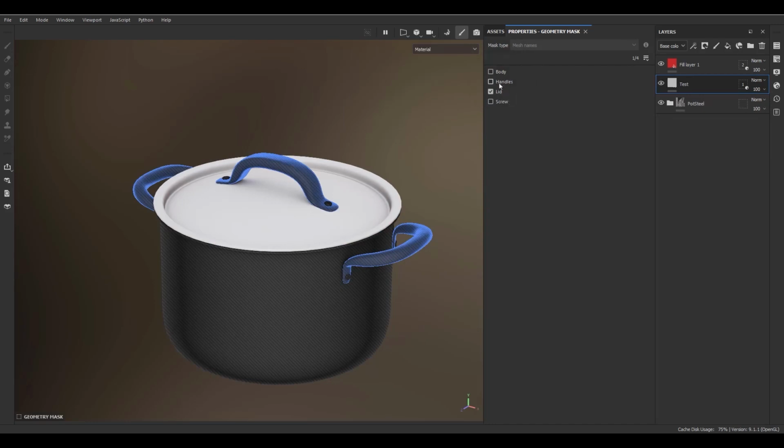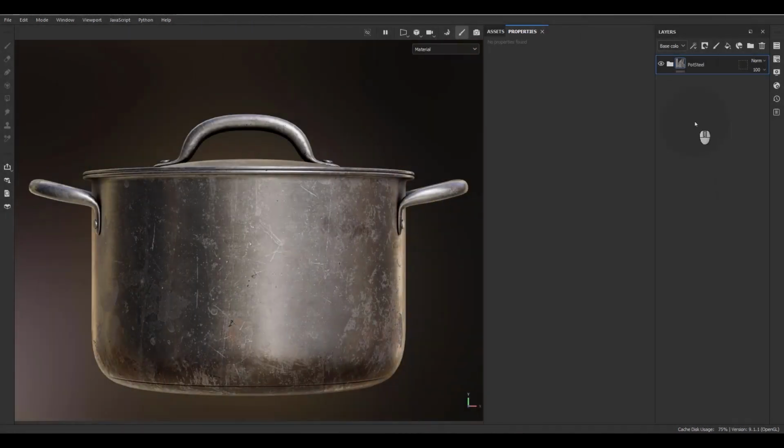Okay, let's go for the anchor point. I'm going to explain the concept of the anchor point for you, but don't worry if you cannot understand the way that we use the anchor point, because in future projects we are going to use anchor points a lot. The concept is so simple, but we need to understand that concept to use anchor points in a proper way. So let's create a fill layer